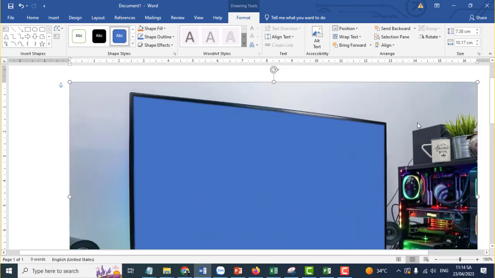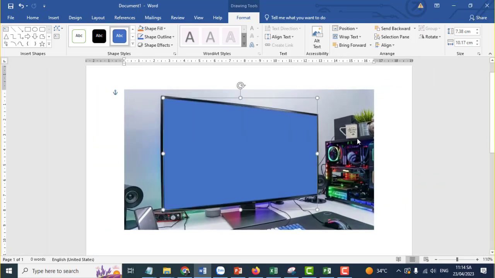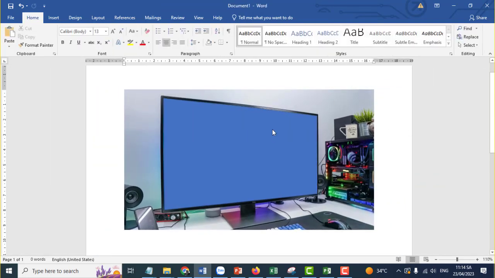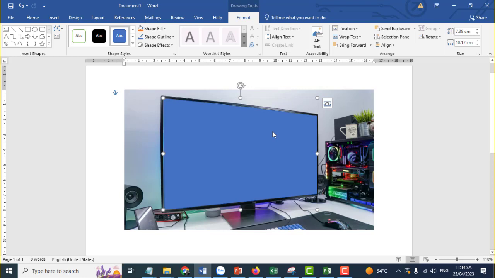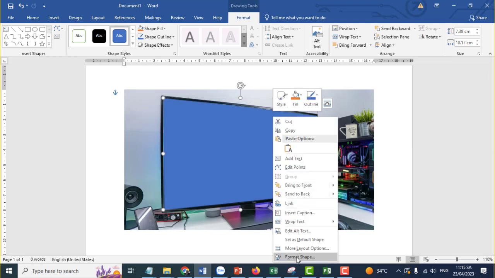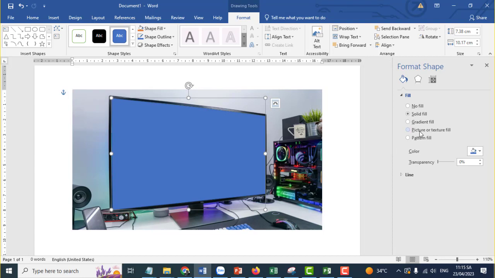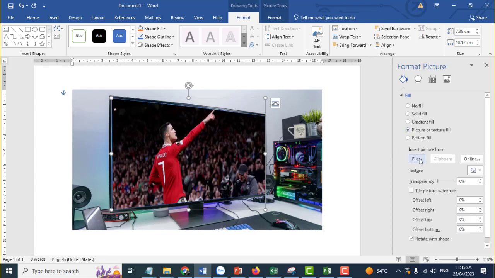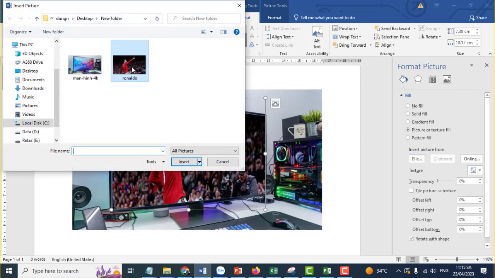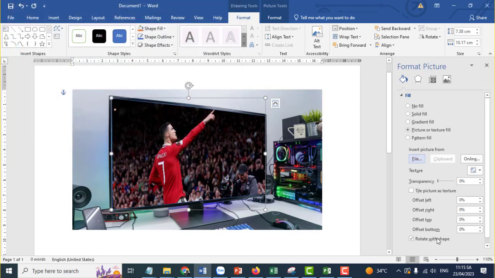Very easy. Continue, click the rectangle shape and right-click the mouse and select format, and select picture. Now you select the file with the Ronaldo picture. Very easy,